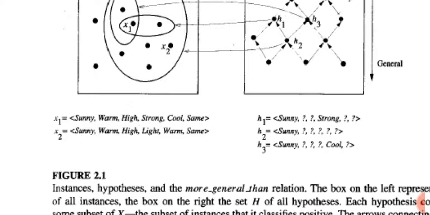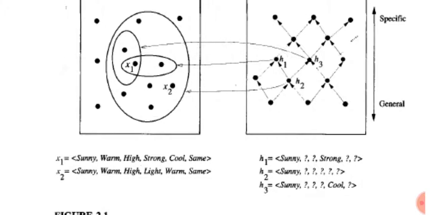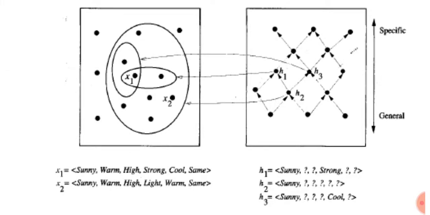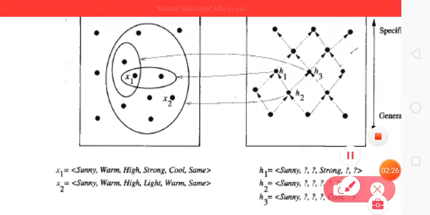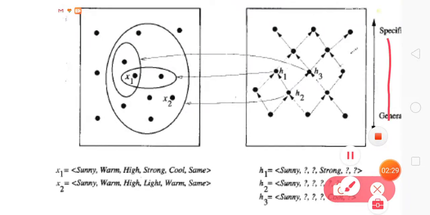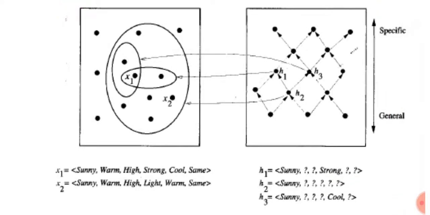By these instances, proposed hypotheses are given here. Three proposed hypotheses are given for these instances. These hypotheses are generally subsets of the instances. Here we show with arrow marks the relationship from the hypothesis to the instances. This arrow mark represents the subset, and whatever arrow mark is shown here represents specific to general. And three hypotheses are given in this figure.